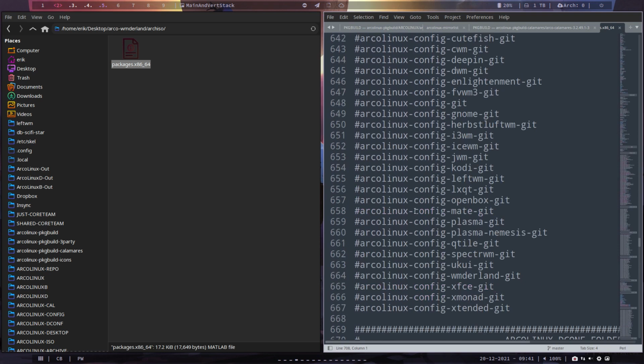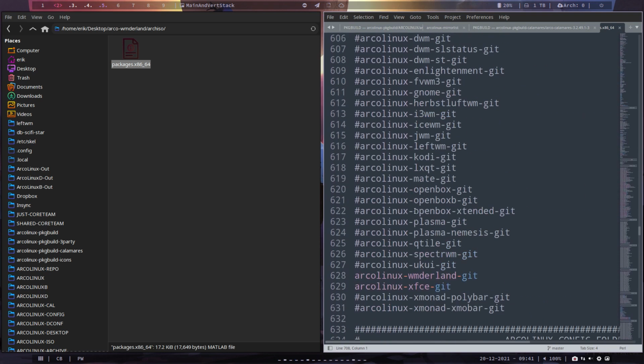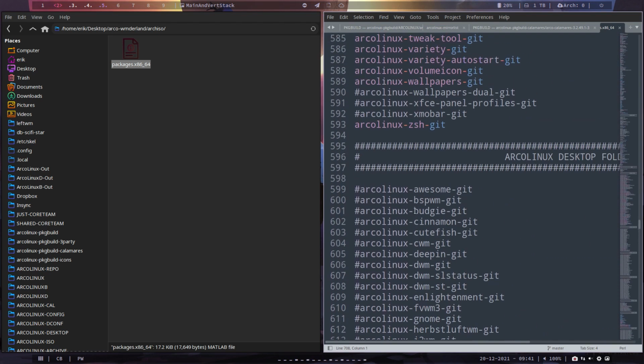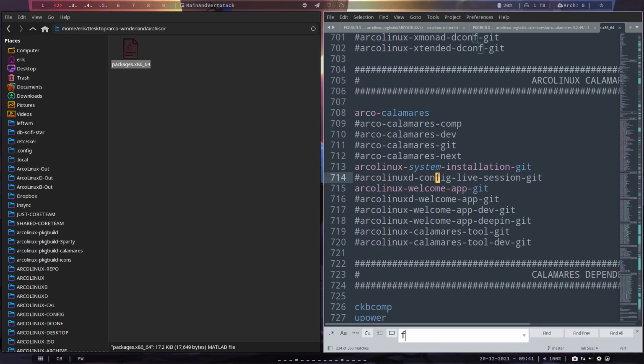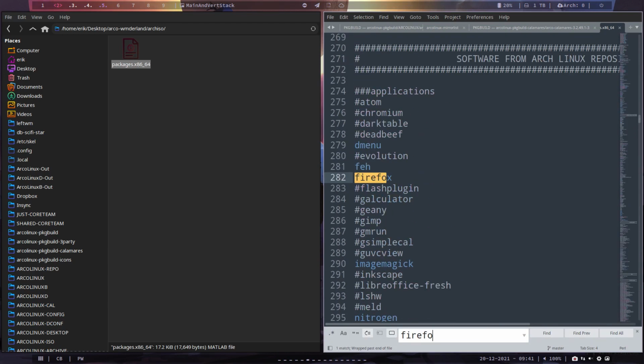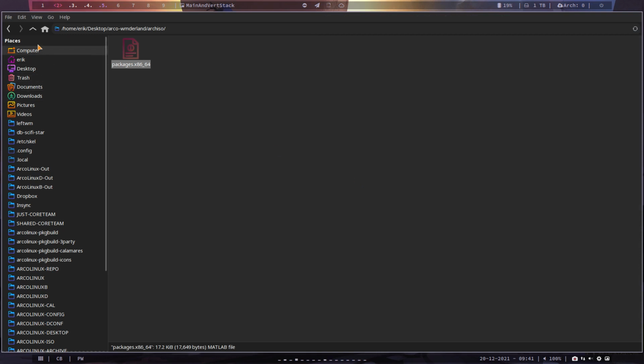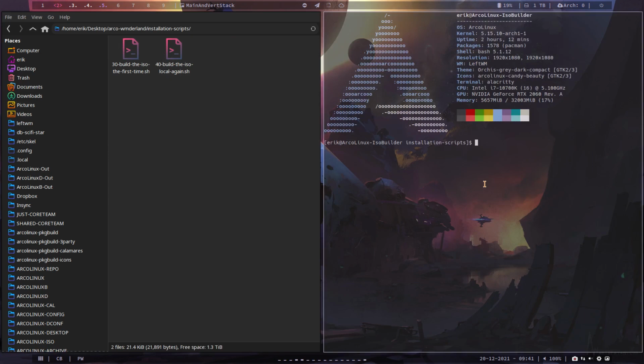So some common sense is needed, but I would say restrict yourself to the applications that you know, right? Ctrl-F, find Firefox. You hate Firefox. Really hate Firefox. Okay, fine. Don't worry. It's gone. It's not on the ISO anymore. And that's up to you. So choices like these, I leave you to it. And then if you've made your choices, then we're gonna build it. And it's super simple. It has been tested